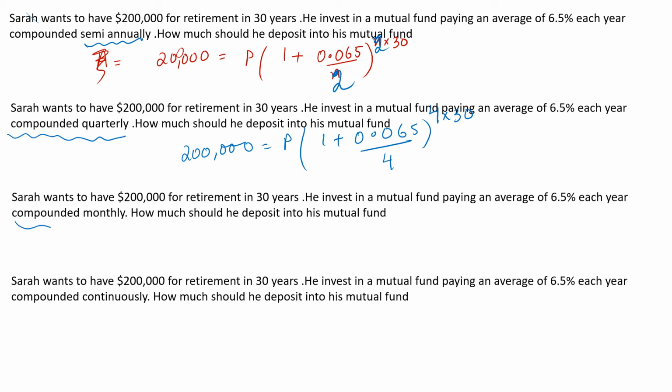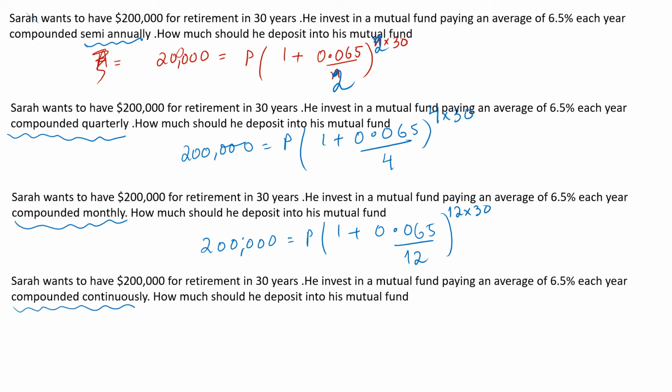Similarly, if they say compounded monthly, you will write the same thing and not change anything. Just in place of n, in place of monthly, you will write 12. So substitute n by 12 and everything stays the same. Now the same question, but they are highlighting compounded continuously. Now this formula is not suitable for us. The reason is, for compounded continuously, we have a formula A equals P e to the power of RT,